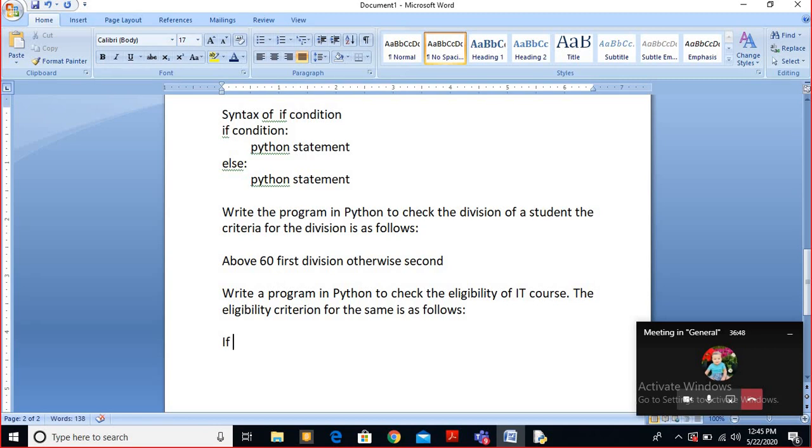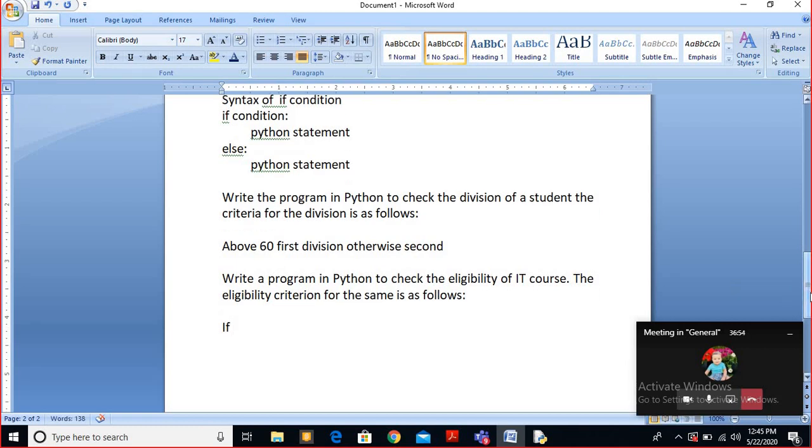Excuse me, sir. Yes? Sir, this above 60 is the marks of the student. The division of the student criteria. Yes, write a program in Python to check the division of the student according to marks.